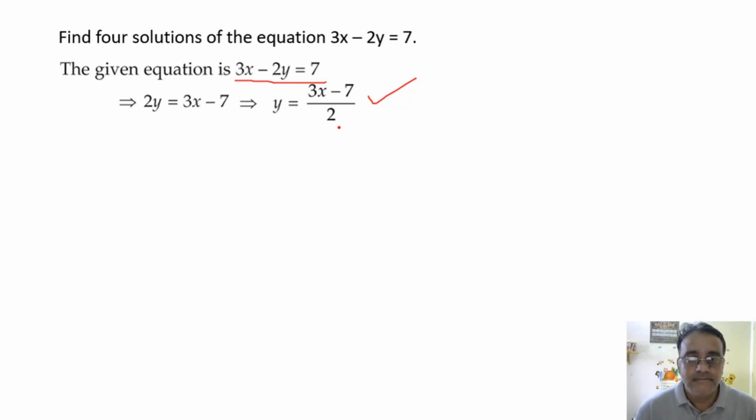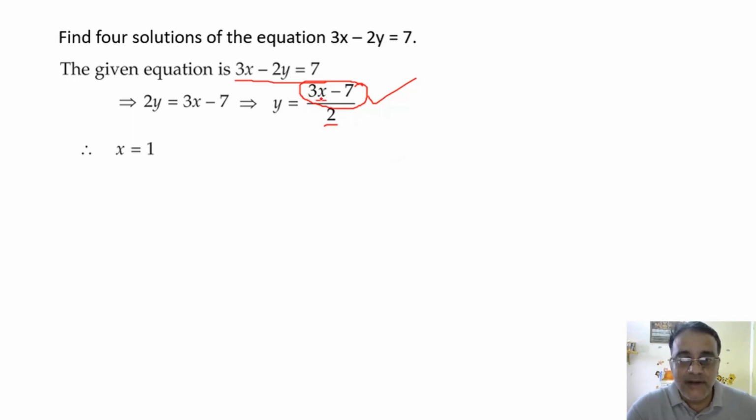So 3 into 2. Then what I want to say is that you substitute the value of x such that the whole numerator will be divisible by 2. Sir, 3. So 3 into 7. Okay, 3. हम 3 भी कर सकते हैं, 1 भी कर सकते हैं. So first मैं 1 ले रहा हूँ.